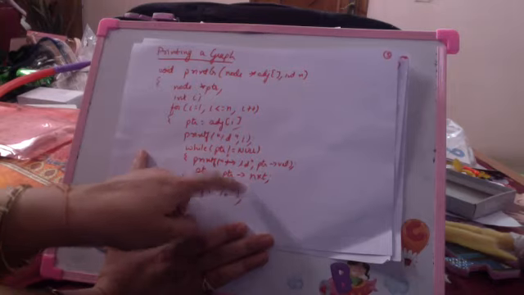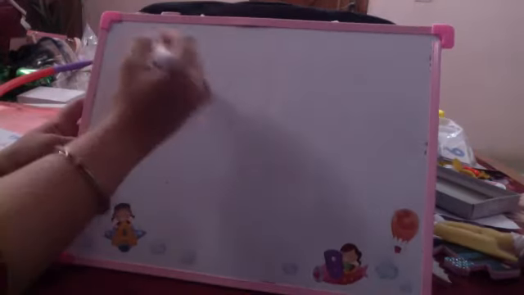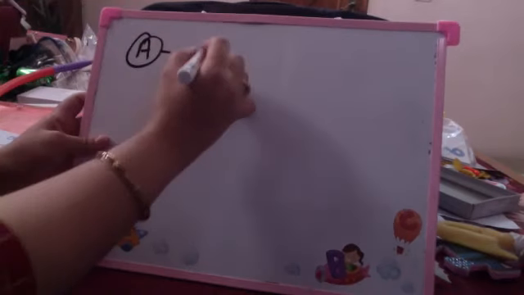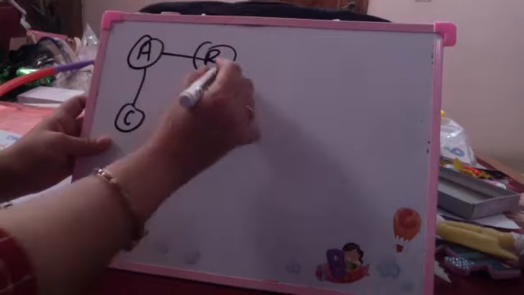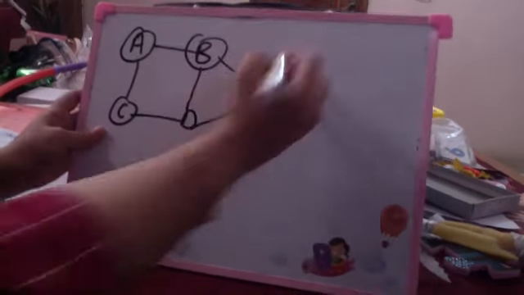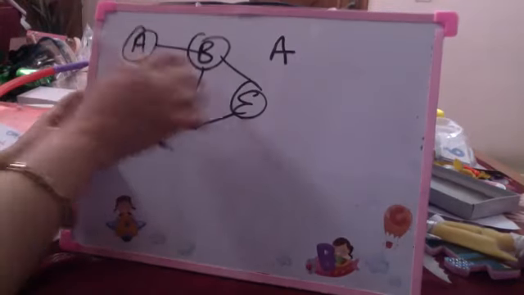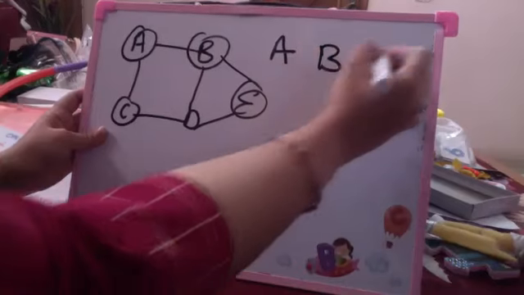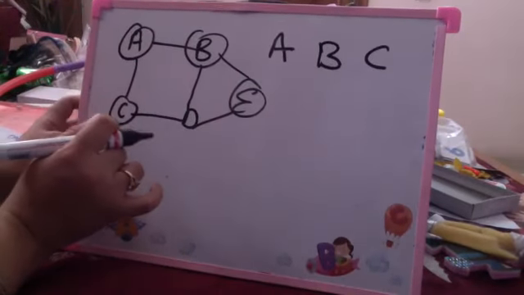That means how will the output come? In case I am having a graph A connecting to B, C, and D, and E is also existent, supposedly. This is the graph. Then the output will be A. A has only two adjacent nodes. The output will be A, B, C. The next line will come, printf will come, \n.